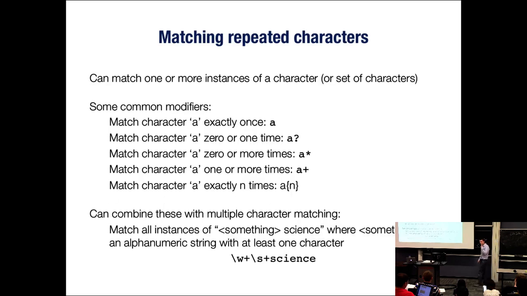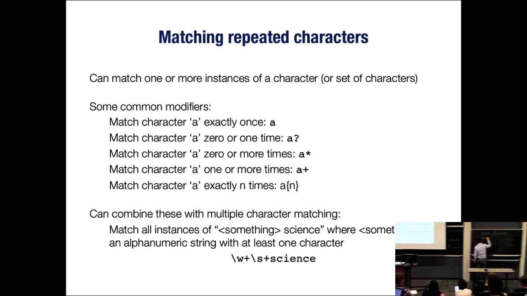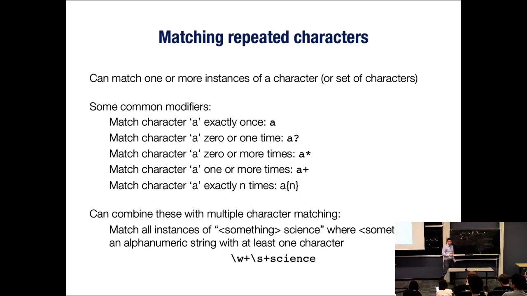All right, so now the next big thing you can do is match multiple instances of the same character or set of characters. The standard modifiers here: if I have a single character, that just matches the character A, for example, exactly once. If I have a question mark after it, it means match A 0 or 1 times. So if I were to say match this pattern, d? eta, that would find all the occurrences of data